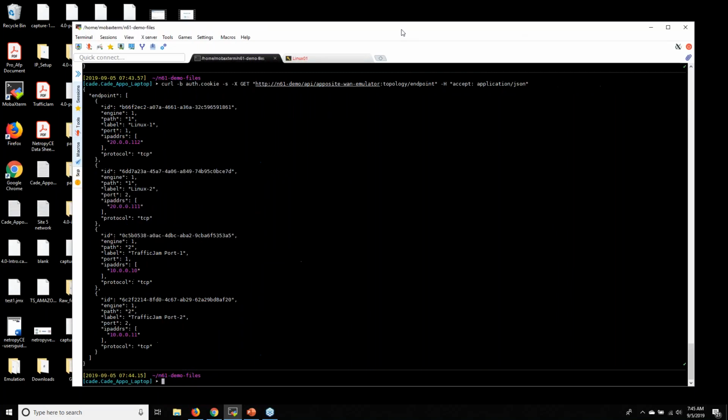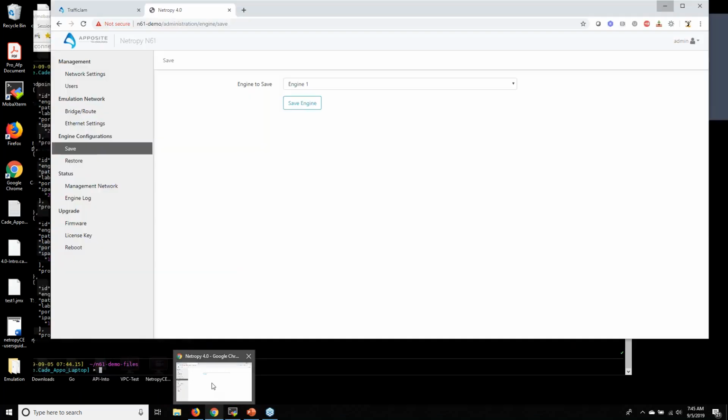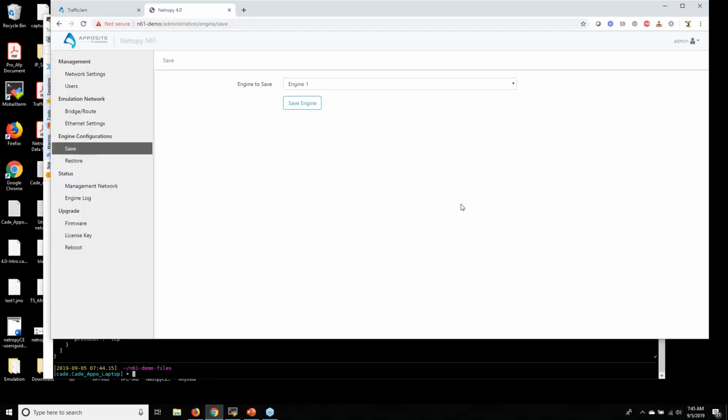So I'll explain what the Netropy recorder is. It's a free application that can run on Android, Linux, or Windows. And what it does is, if you have a client out there, I'll give you an example. We have a customer who has a set-top box that connects to your television and you stream video to it.